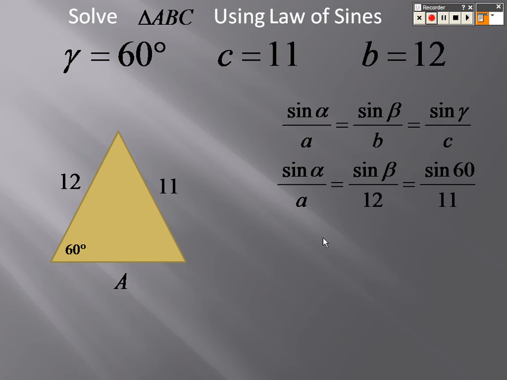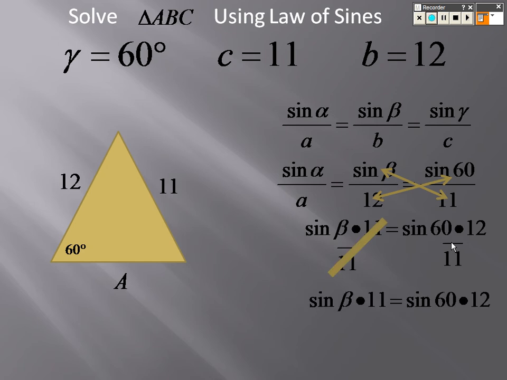I can't solve for anything in this one because A and alpha are on the same side, so I would get two letters and it wouldn't work. So I try to solve for beta first. It's sine of 11 equals sine of 60 times 12. I divide by 11 on both sides to get